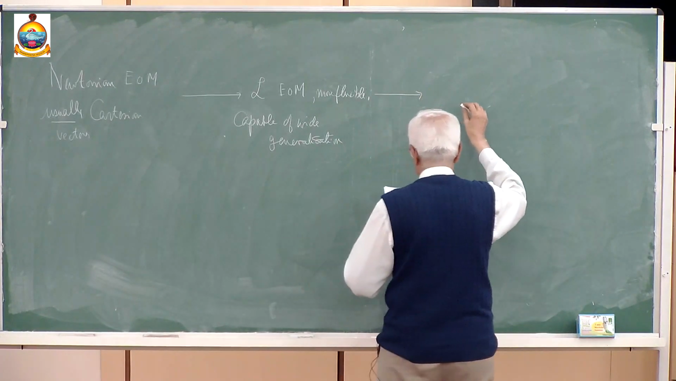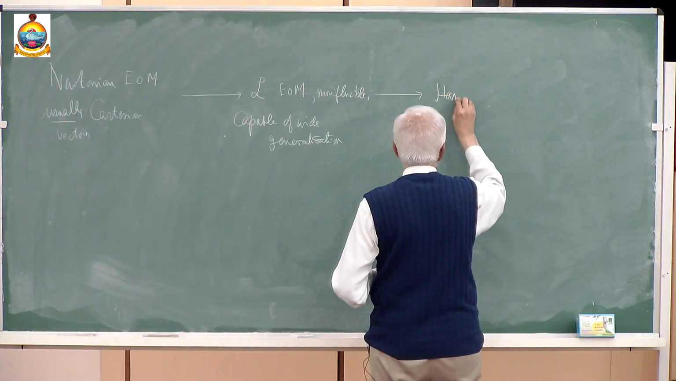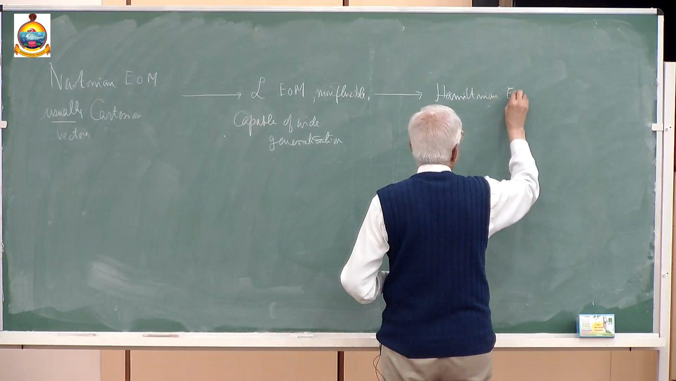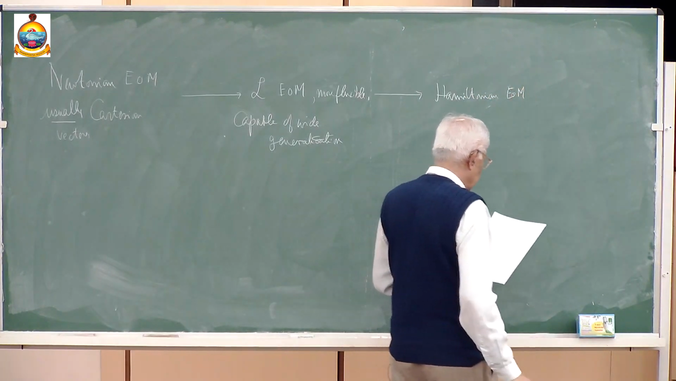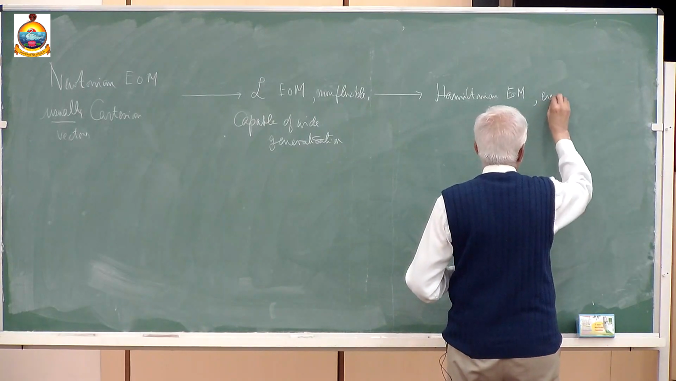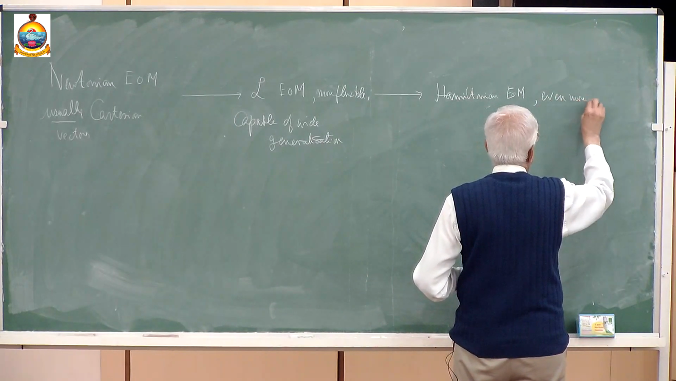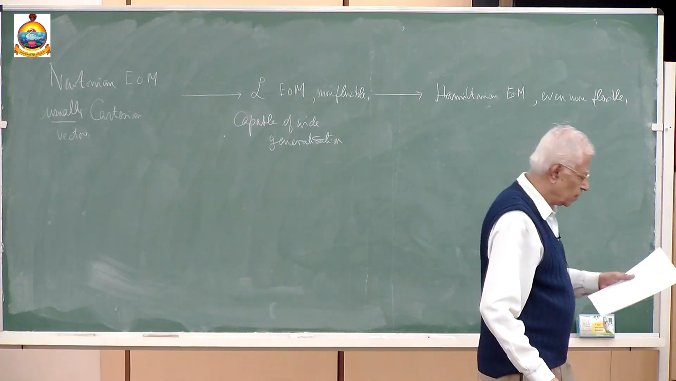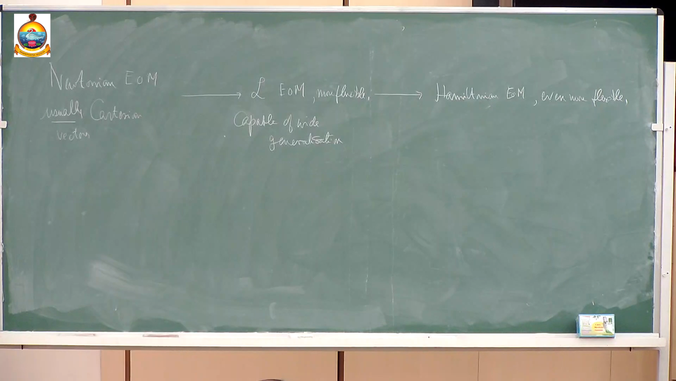The next is the Hamiltonian form, which I think we looked at very briefly yesterday, the Hamiltonian equations of motion, and we will see today that this is even more flexible than the Lagrangian form, in the sense that the group of transformations which preserve the Hamiltonian form of dynamics is a much larger group than the point transformations which we saw in the